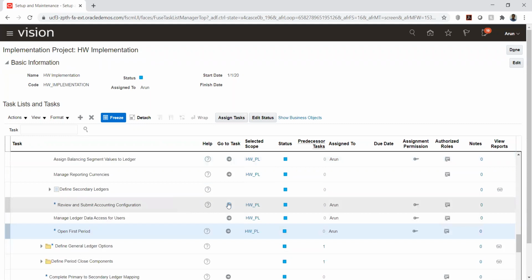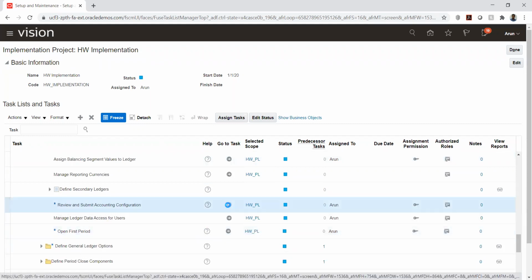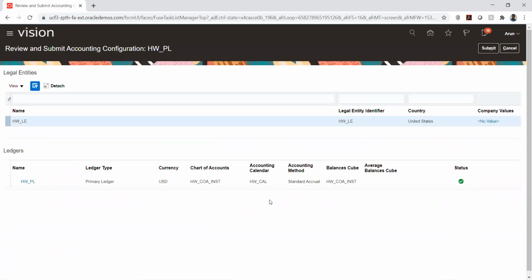Yeah, so understood now. This is what I was actually looking for. Okay, where do you put the journal? This is all configuration. Yes, we will move to the journal part next. I just wanted to show you the cubes. So if you see this, this is our cube. Earlier we didn't see the balance cube, but now we can see the COA instance as a balance cube.